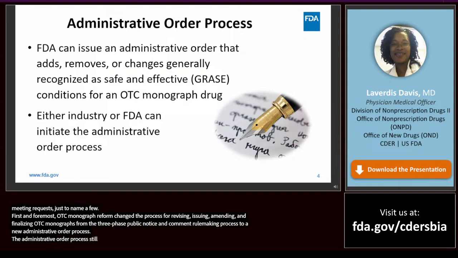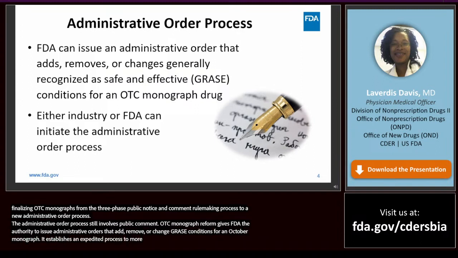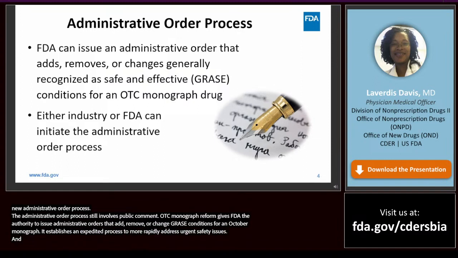OTC monograph reform gives FDA the authority to issue administrative orders that add, remove, or change GRASE conditions for an OTC drug monograph. It establishes an expedited process to more rapidly address urgent safety issues. And the administrative order process can be initiated by either industry or by FDA.